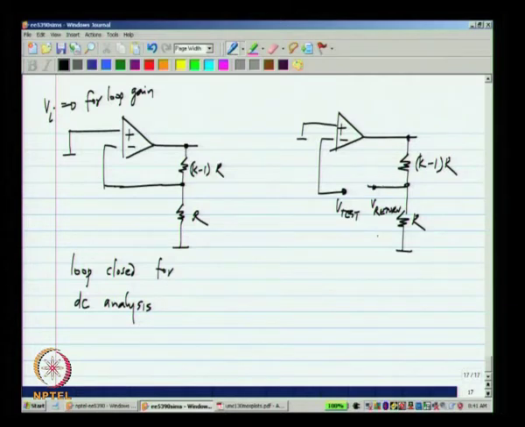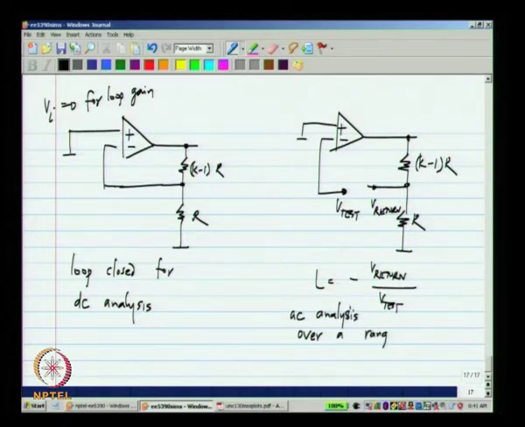Okay. And the loop gain is nothing but the negative of V return by V test, and this has to be done over a range of frequencies. You do AC analysis over a range of omega. Okay.